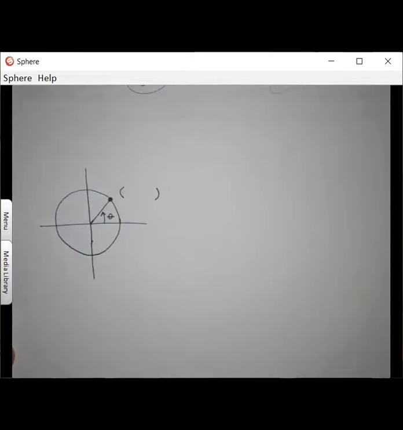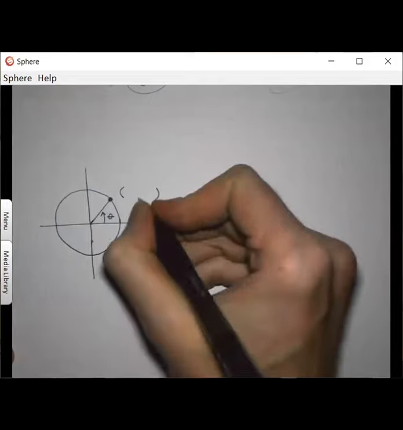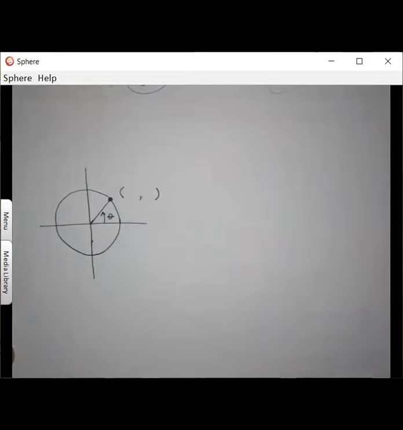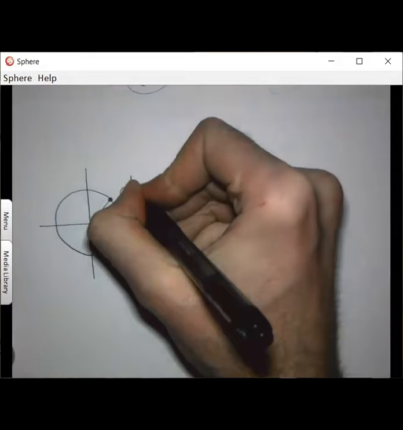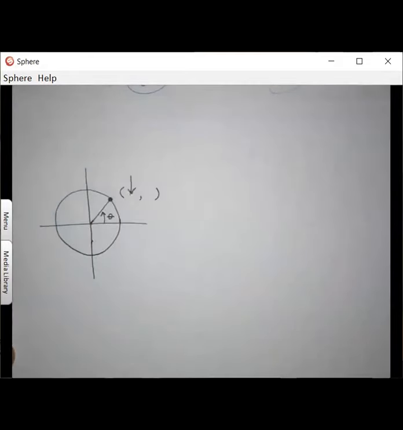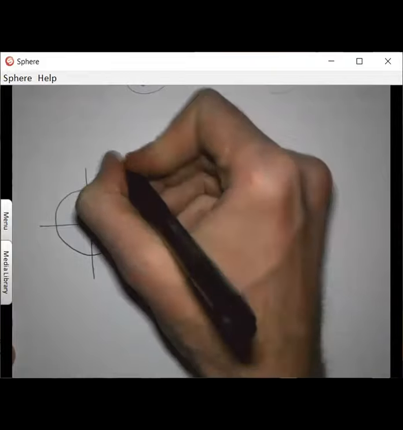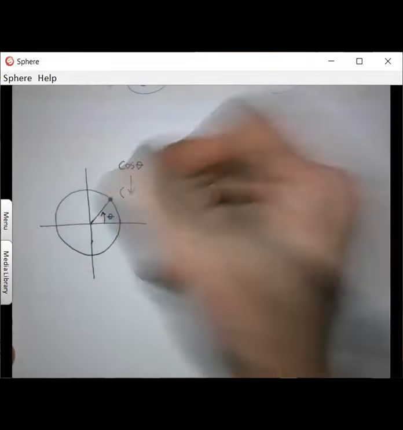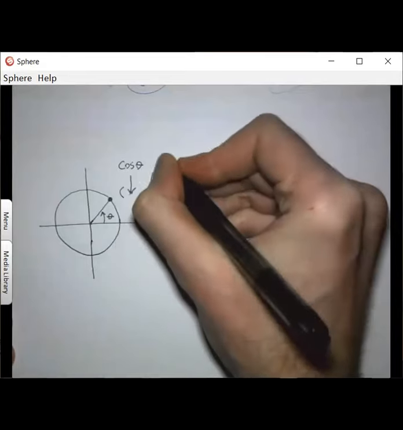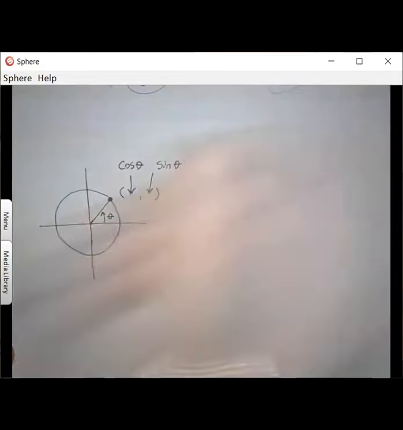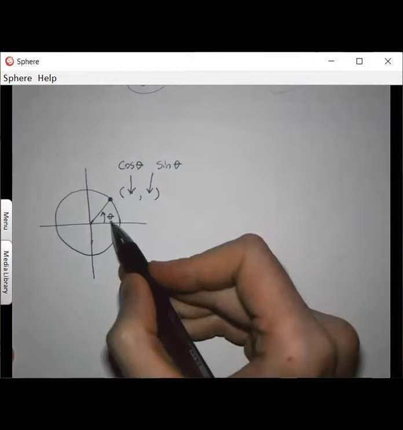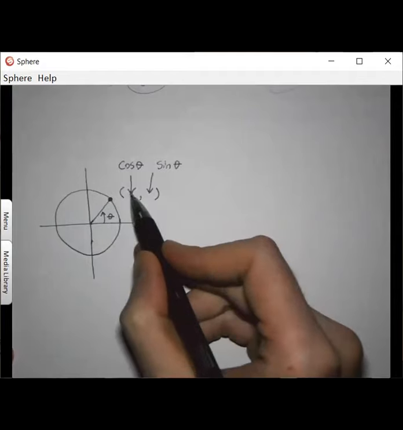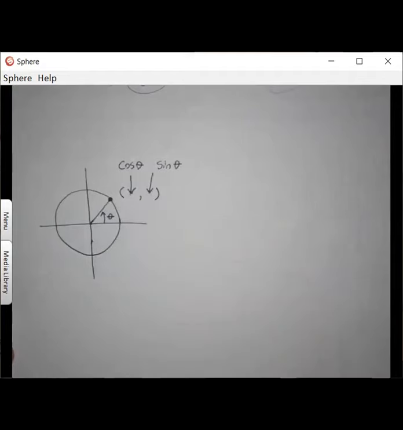Well, this point, this xy, comes from the cosine of theta and the sine of theta. So if you made this a triangle, the cosine of theta is going to give you this value, and the sine of theta is going to give you that value. So we're going to use this along with